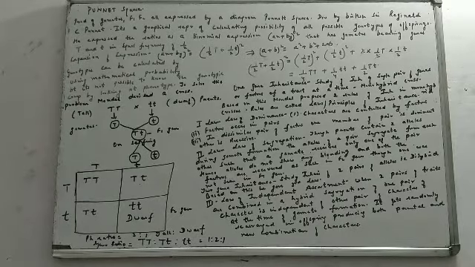Simple. In mathematics, you've done an identity, a plus b whole square. We have all done this identity right from very small classes. A plus b whole square, I have written on the board. A plus b whole square is equal to a square plus b square plus 2ab. What is it? A plus b whole square is equal to a square plus b square plus 2ab.